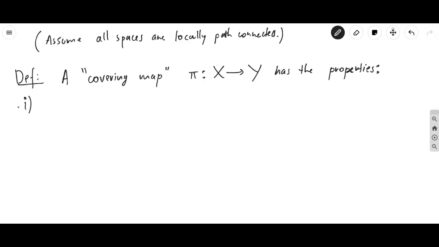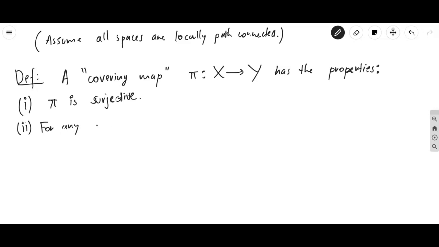The first property is pi is surjective. That's why we call it a covering map, because otherwise that would be kind of bizarre to call it a covering map when there's points in Y that are uncovered by the map. But it's more than that. It's not just surjective. Second property is